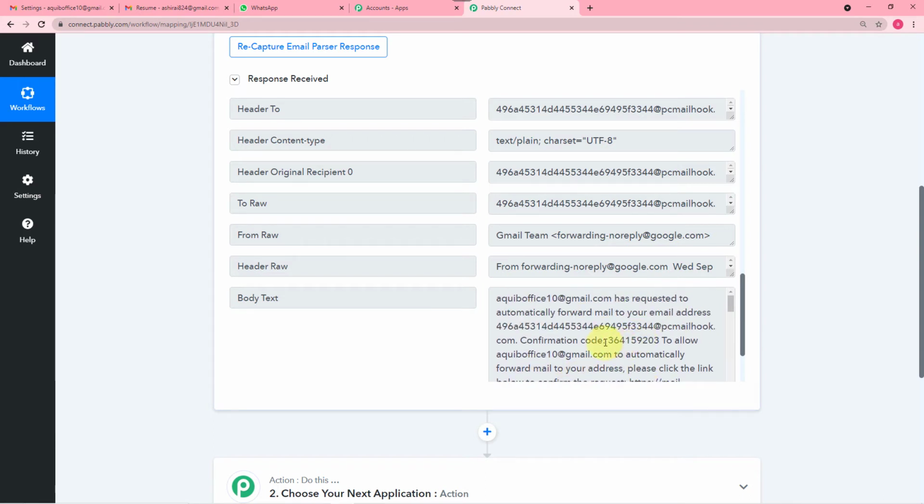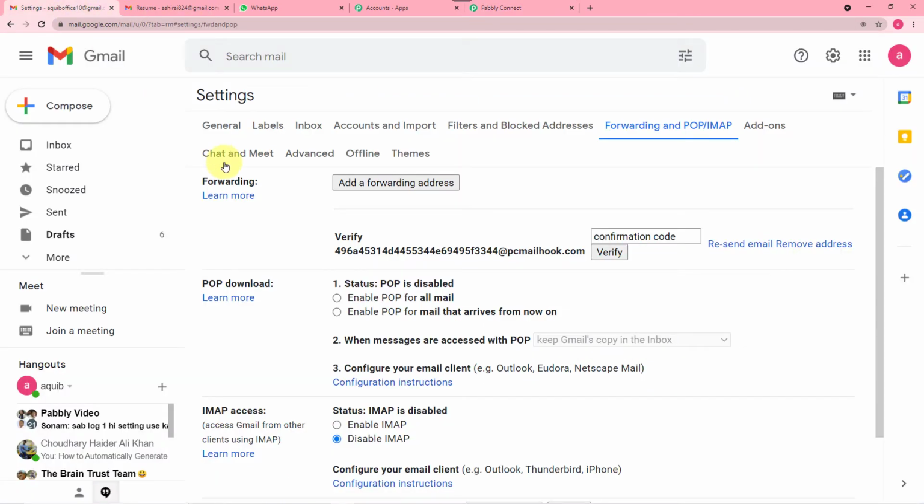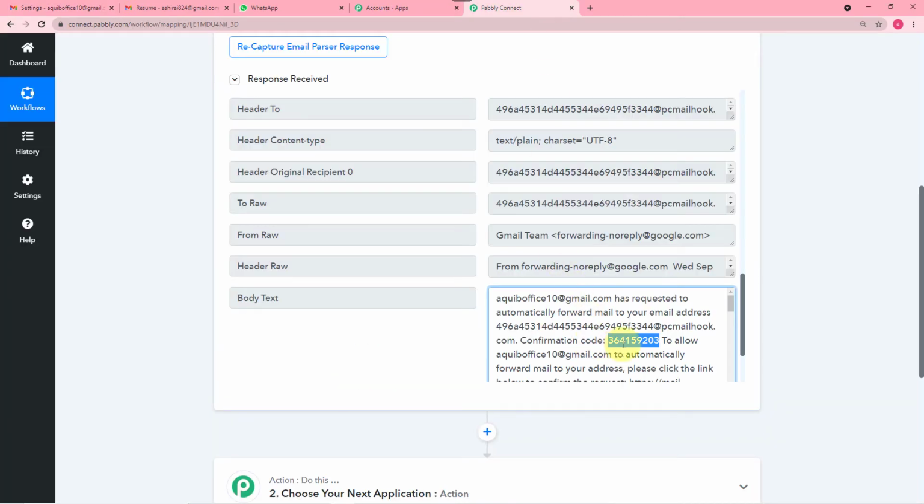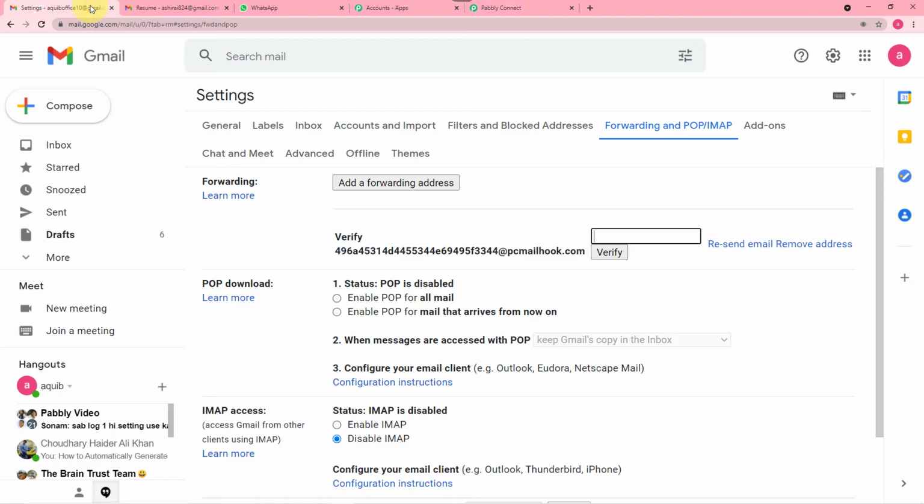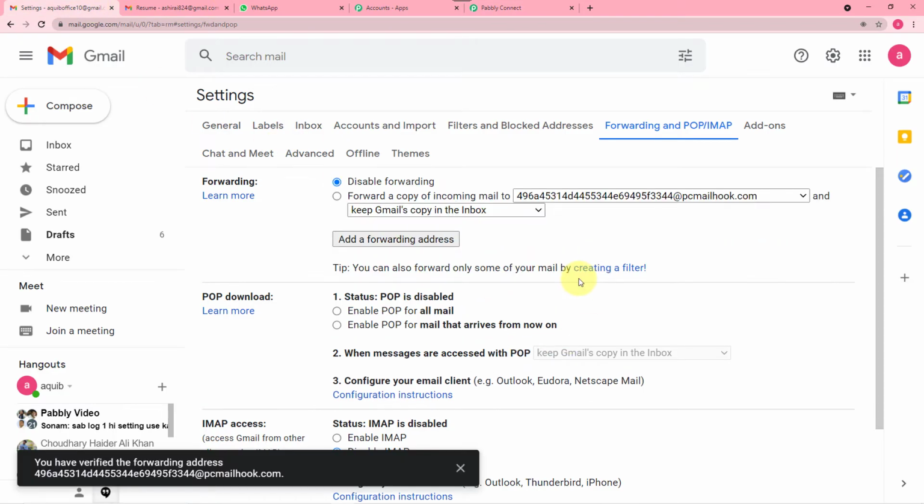Alright, so just copy this code from here, go to your Gmail account and here in this confirmation code field just paste this code, only the code, and click on verify.